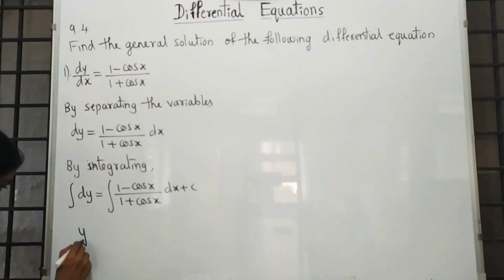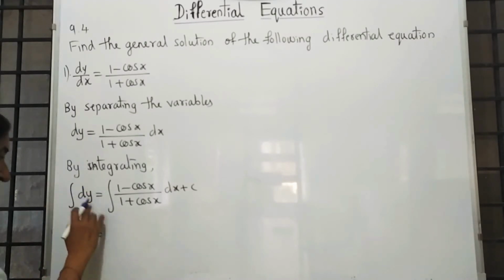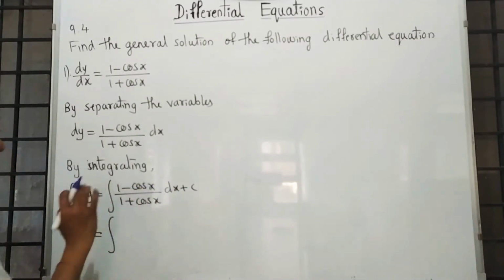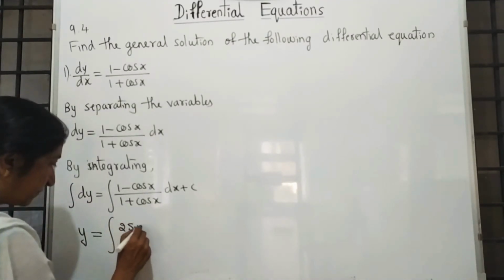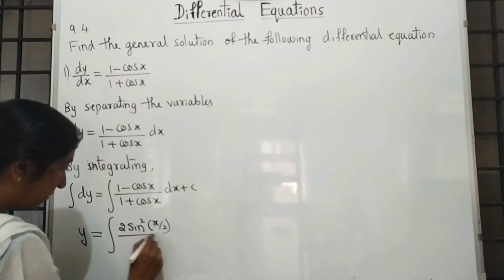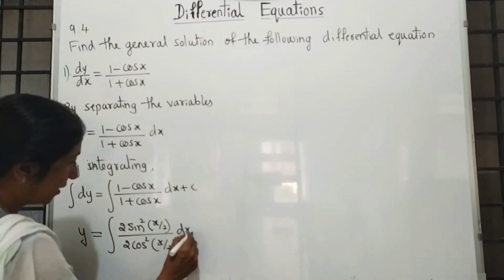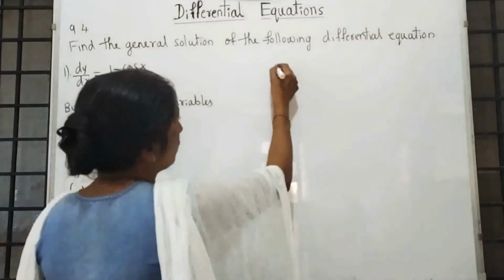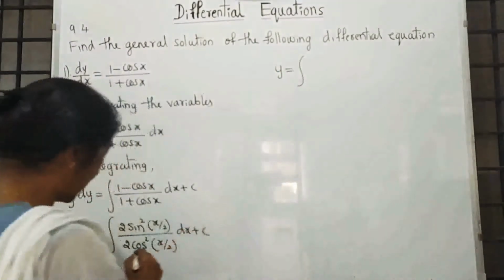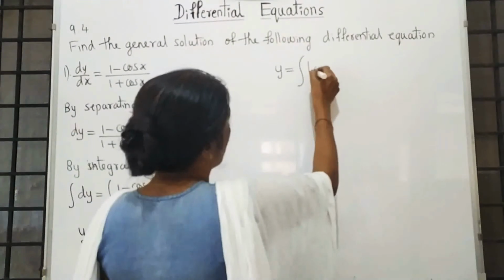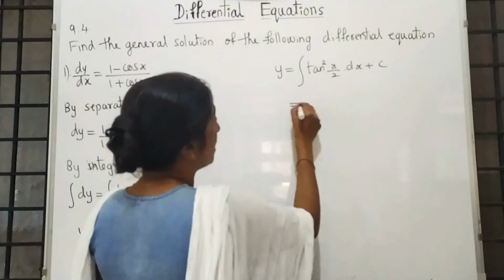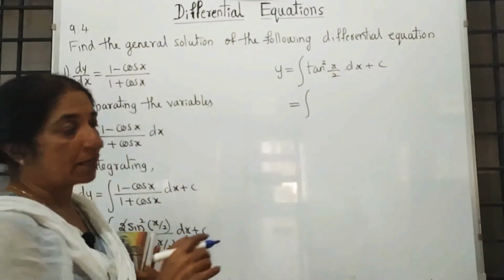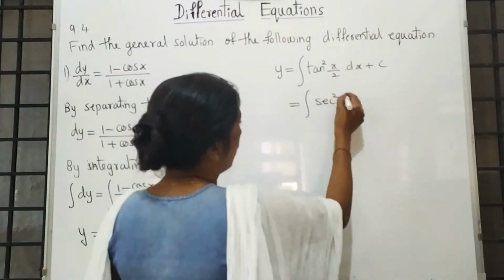Anyhow, we are familiar with integration of dy, that is 1 into y with respect to y. Here we don't know the integration of u by v, but we are familiar with multiples and submultiples. 2 sin square x by 2 upon 2 cos square x by 2 into dx plus c. So y is equal to, 2 gets cancelled, sin square by cos square is tan square x by 2 into dx plus c. But we are not familiar with integration of tan square. That's why with the help of identity